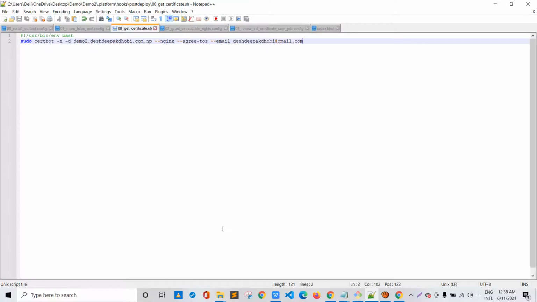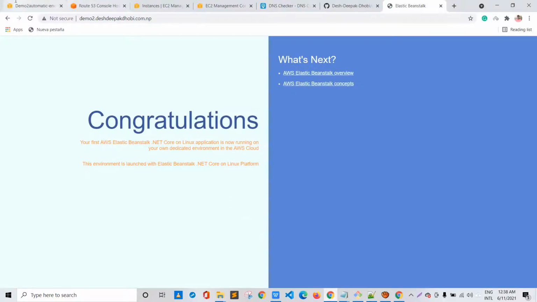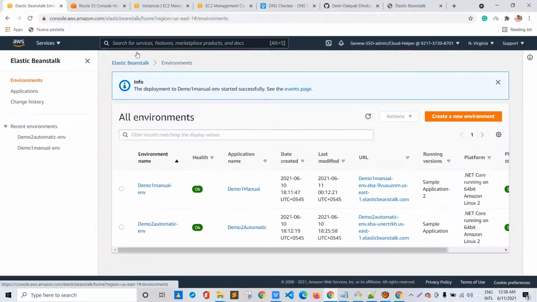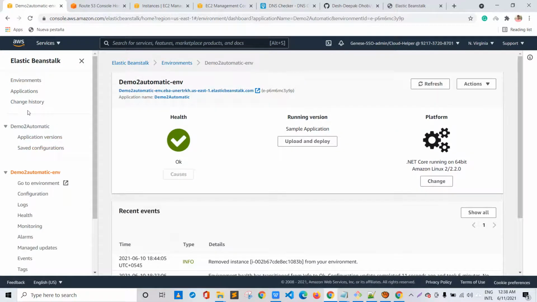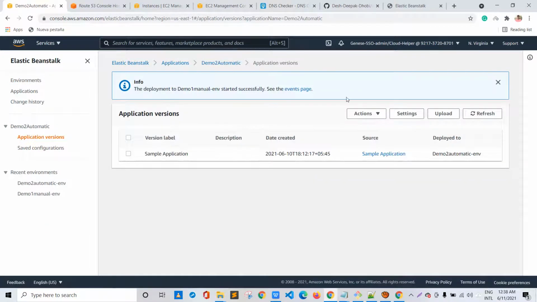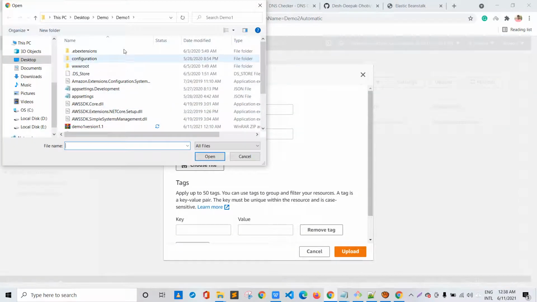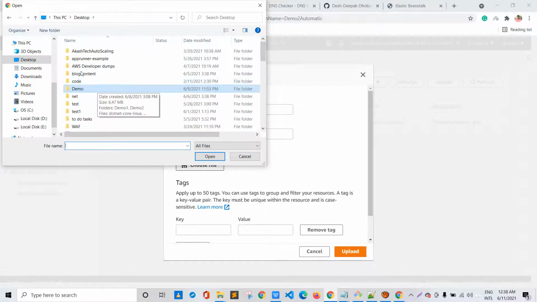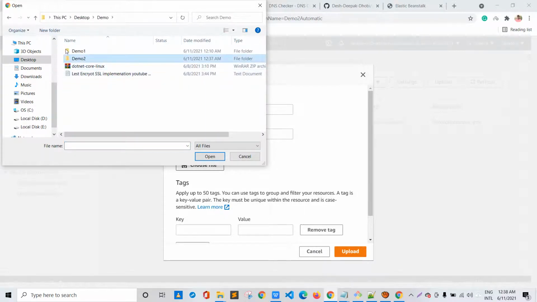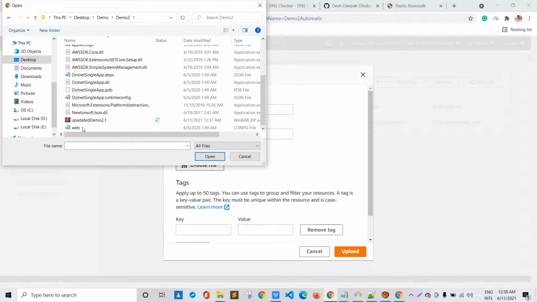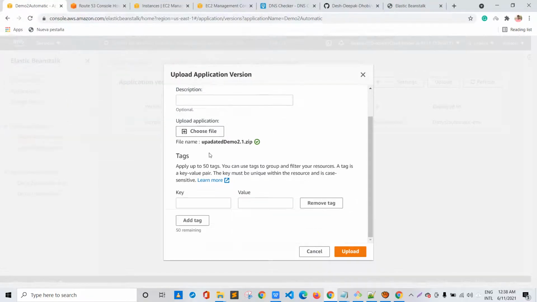So yes, I have zipped that one. Let me go to my AWS Beanstalk environment. Inside my demo 2 automatic environment, go to application versions, go to upload and choose file. Let me go to demo 2, I'll choose my updated demo 2.1 version and click on upload.